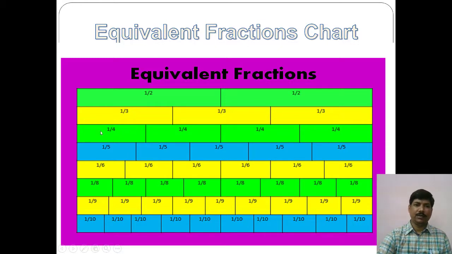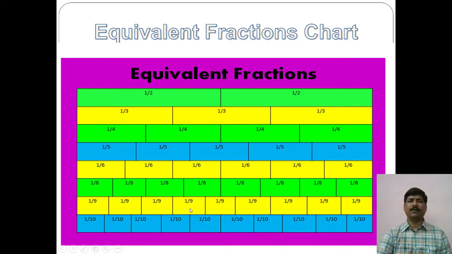Now in this case, from here to the start, this part is divided into two equal parts, but if we represent it with respect to the whole, what will be the fraction from here to here? 1 and 2, 2 upon 4. So this represents 1 upon 2, this represents 2 upon 4, this represents 3 upon 6, this represents 4 upon 8 and this represents 5 upon 10. In this way, 1 by 2, 2 by 4, 3 by 6, 4 by 8 and 5 by 10, all these fractions are equivalent.